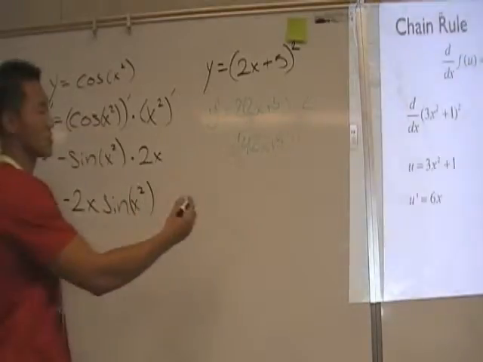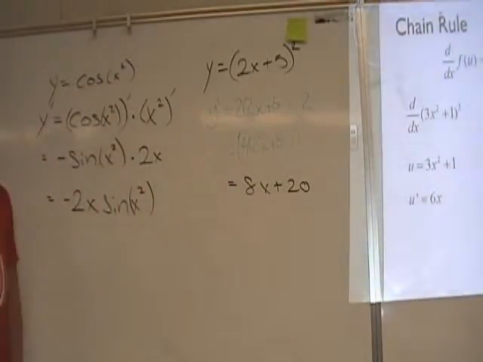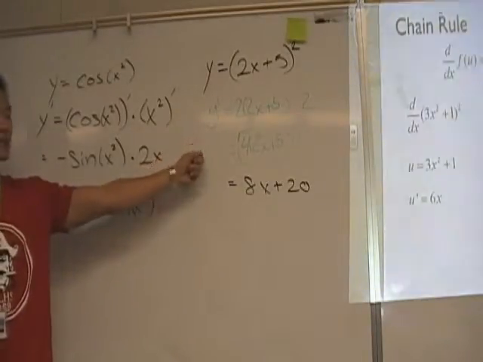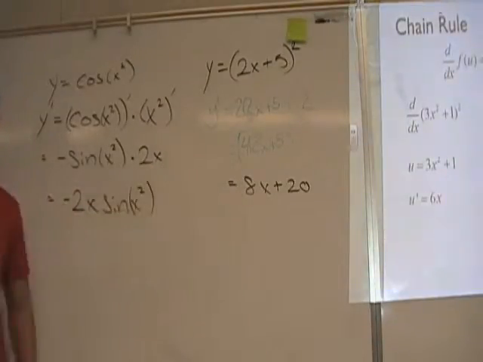Alright, and then if you distribute it, you get 8x plus 20. Any questions there? You can leave it like this on the test. It doesn't really matter. These two are the exact same. Questions, sir? Why is there the extra